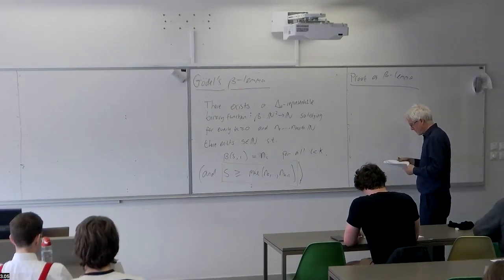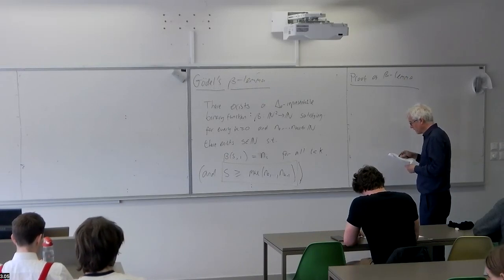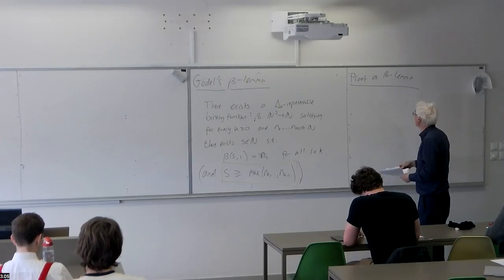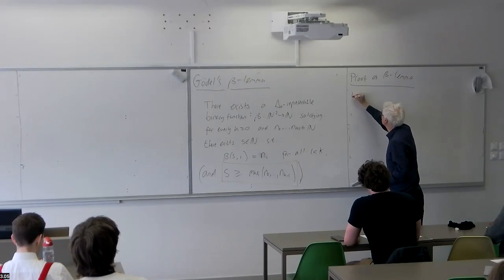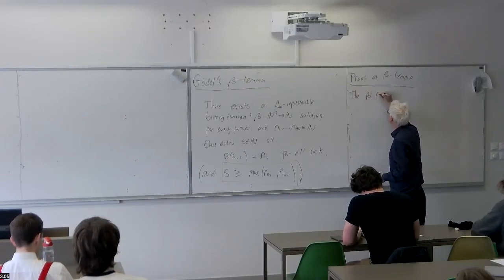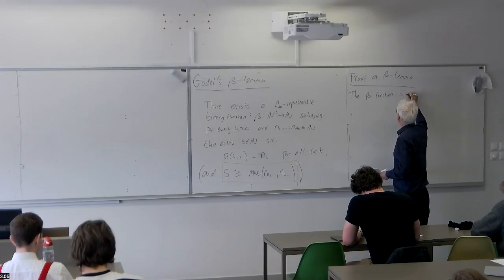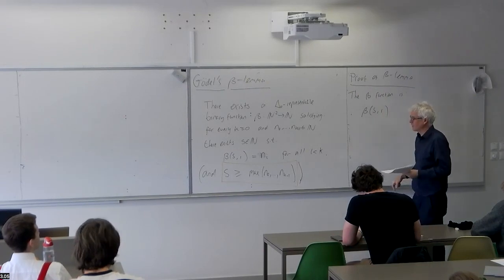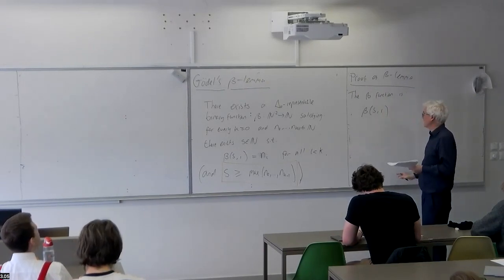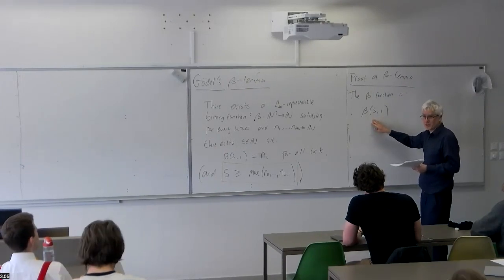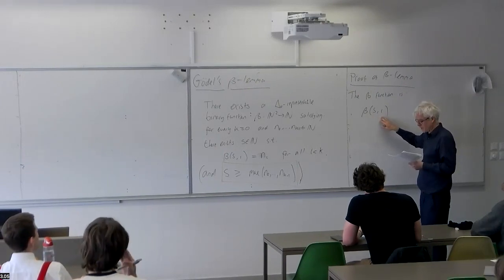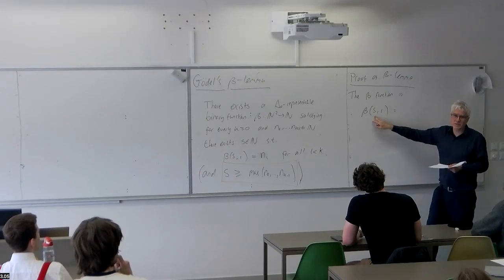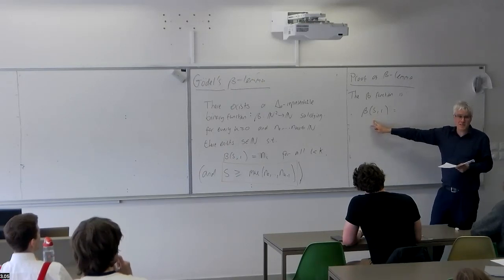But this I certainly need my notes for, because I can never remember the exact detail of the formula. So the beta function is a two-argument function. We'll call its arguments S and I, like in the lemma. And we need to interpret S as an encoding of a sequence and I as the index. To do that, it's useful to encode sequences as pairs.